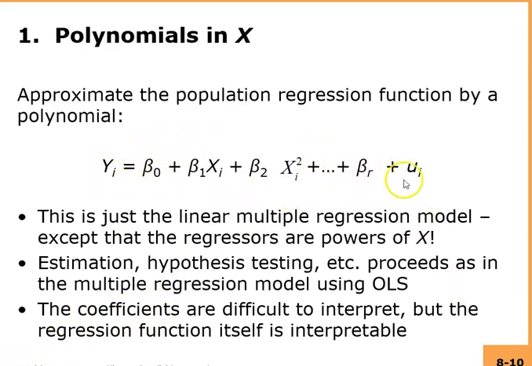So this is the example of a polynomial function. What we have over here is x as an explanatory variable, but we also have x square as an explanatory variable, and we can have polynomials up to the degree r, meaning over here we will have x to the power r if we wanted to include that many polynomials. So this is just the linear multiple regression model. It basically looks like that. We are just adding polynomials of higher degrees for the same variable x in this